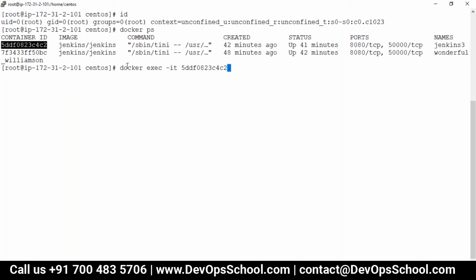I'm not teaching you how this command works; I will teach you a little bit in some time. But I'm telling you, I am root, but I want to become that container, which is this one. I want to log in as that user. So this is the command: docker exec -it and then /bin/bash.